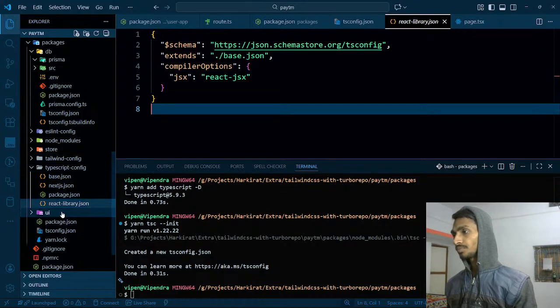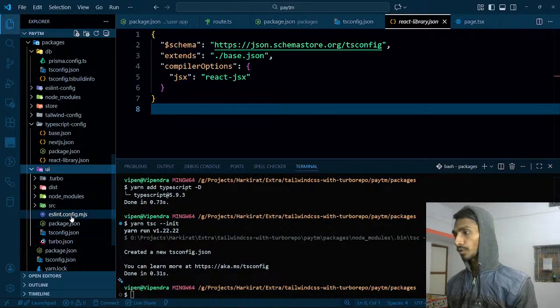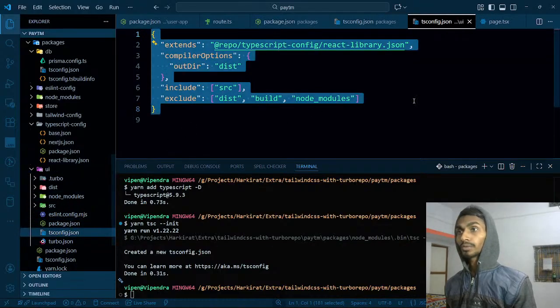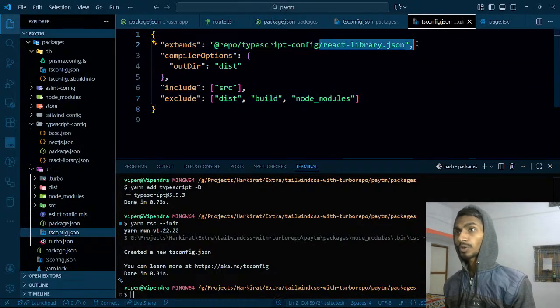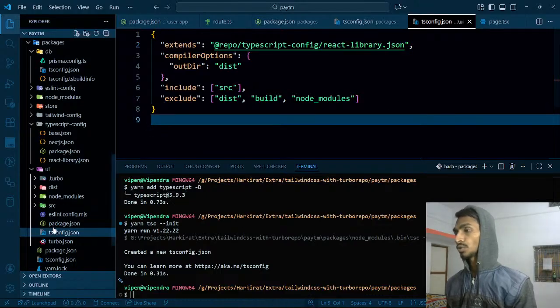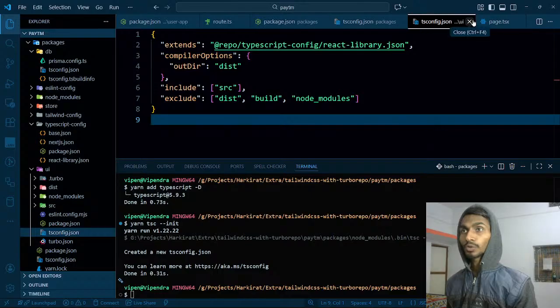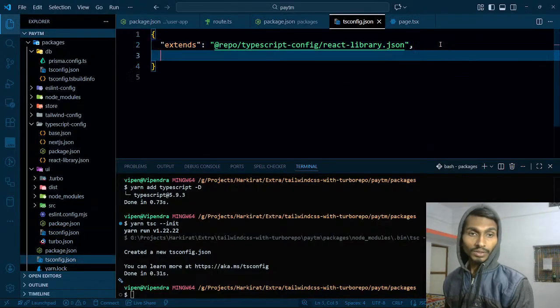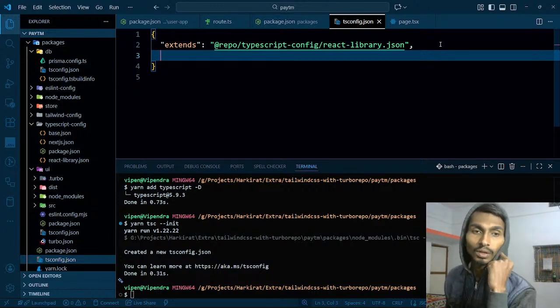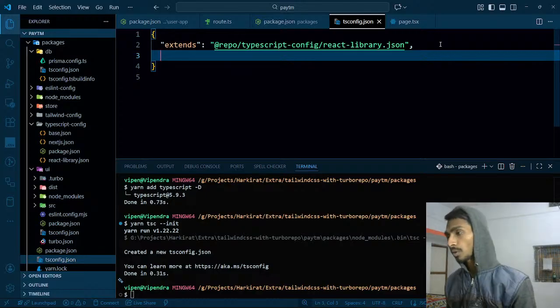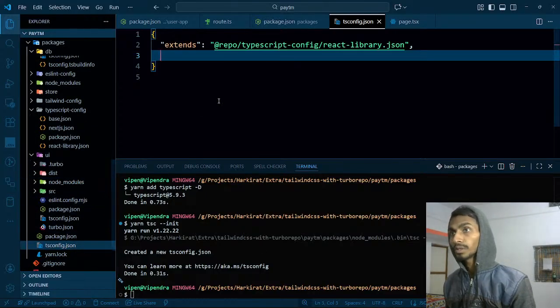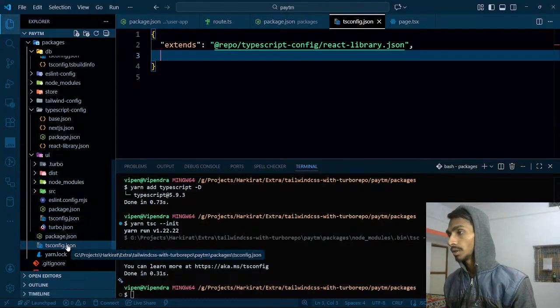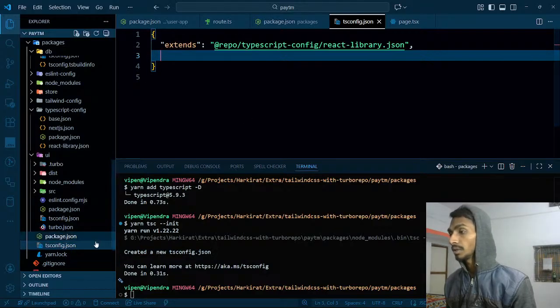If I check the UI out property first of all and go to ts config, the same thing is happening over here. It is also importing that only, and it's been working fine so far. So I better just be okay with this thing for now. So this thing is done. The next thing that I'll be doing over here, compiler options out dir dist. I will be giving the compiler options from my own side. The same thing I must be doing over here, in this particular file inside a UI,